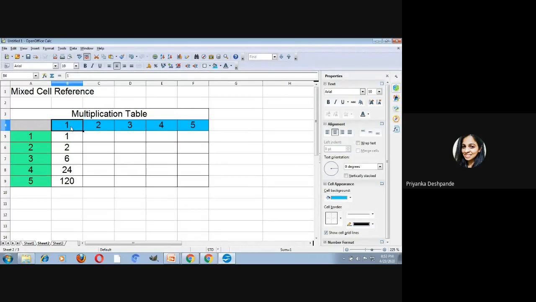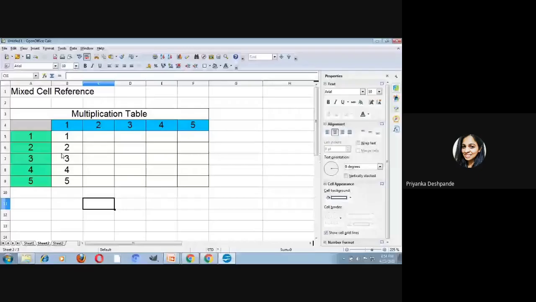For that we will use absolute cell reference. Okay, so let us check, let us do it practically now. If I want to fix the cell, we already see we have to put a dollar sign. Now this cell is fixed. Now let us copy the formula, drag it with the fill handle. Now see, the answer is correct. So every time this cell value will be fixed because it's this cell.